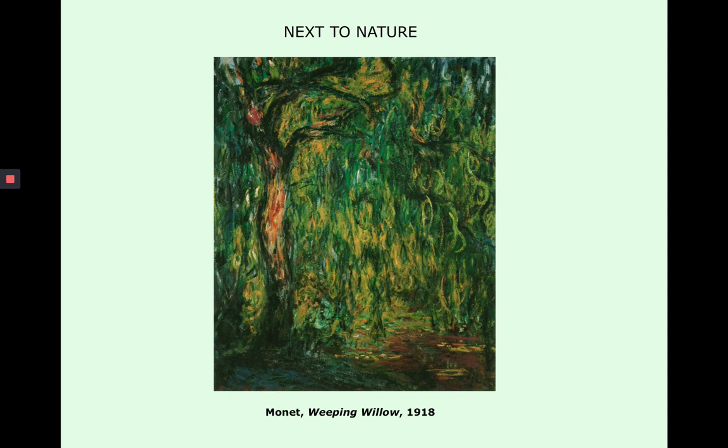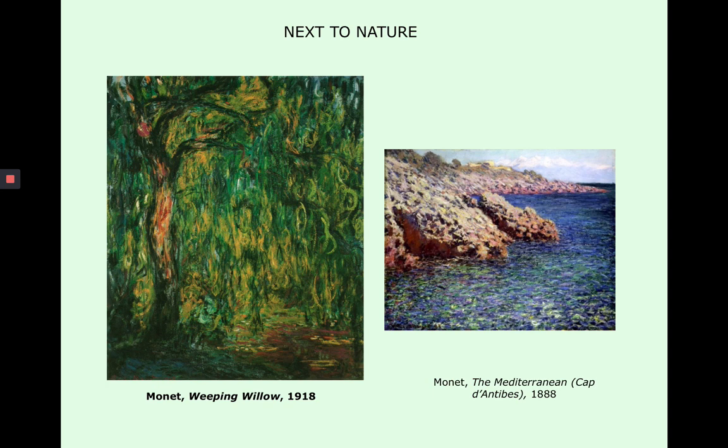For centuries, willow trees have been associated with sadness, mourning, funerals. And this is the environment in which the artist lived later in his career, where he moved from Paris to far away in the countryside of Normandy. His country home of Giverny was beautifully surrounded by flowers and lily ponds and trees like the weeping willows. And he paints this in a way that is different from his earlier impressionist work,